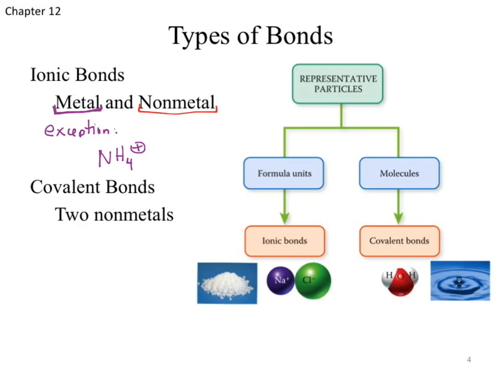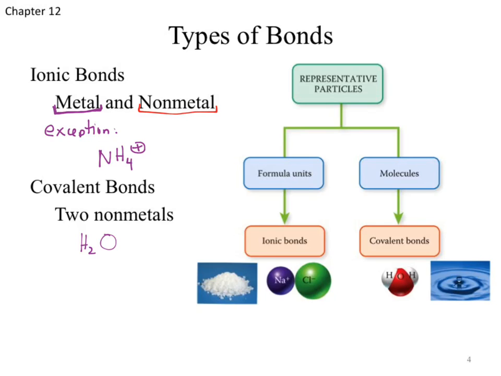Okay? When we move into covalent bonds, what are we bonding there? We'll take two nonmetals. Any two nonmetals and we're going to put them together. We can put multiple of each type of nonmetal together, so we can do something like water, where we have two hydrogens and one oxygen. Okay, but it's still two types of elements. So that's what we're concerned about with our covalent bonds.